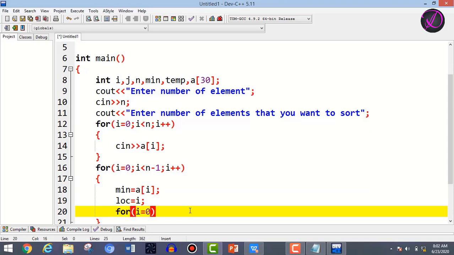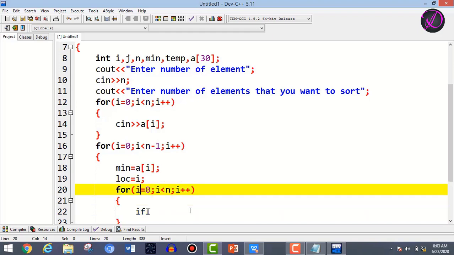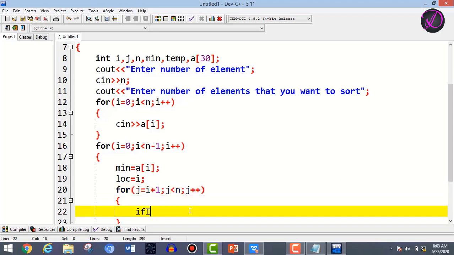i = 0; i < n; i++. Now use the condition if. Sorry, we have to use here j = i + 1; j < n, and then j++. Now write an if with braces, and then you have to write the condition if min